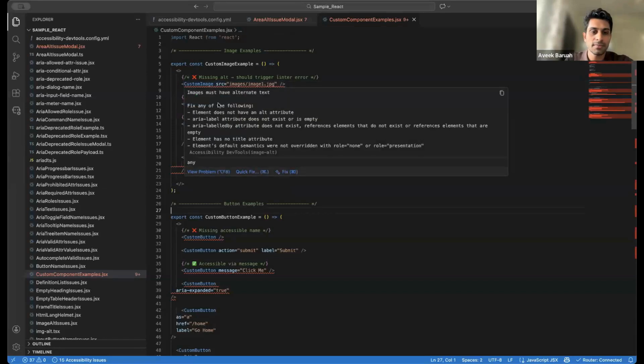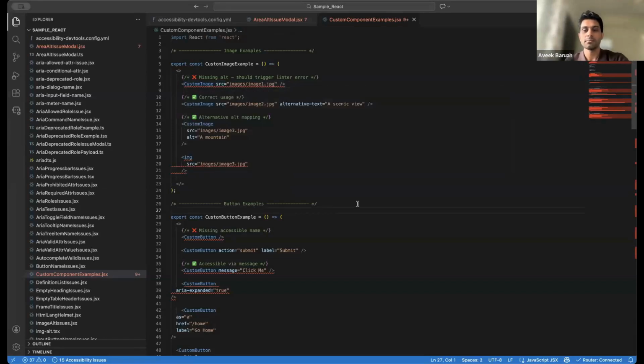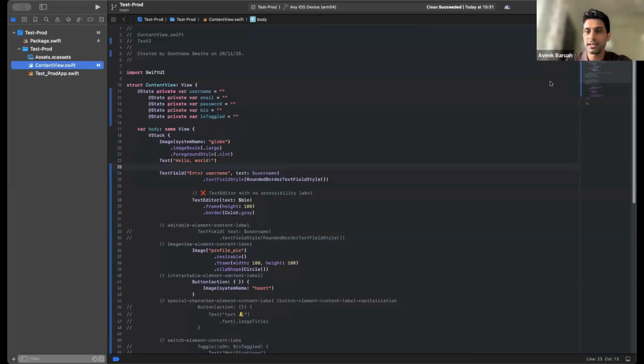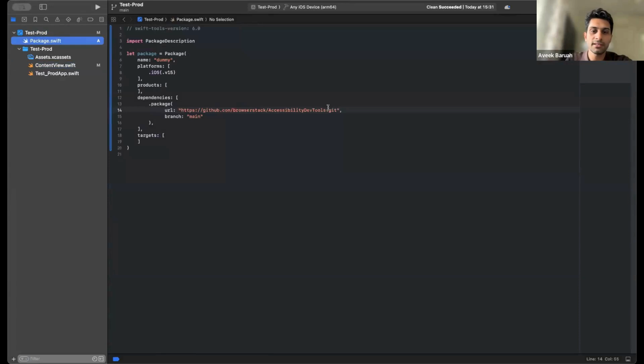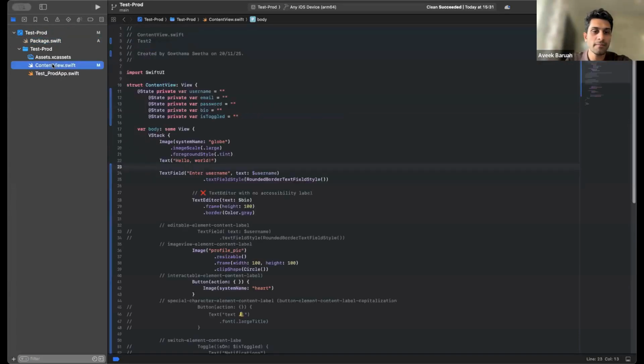So this is how you detect issues in VS Code. Another example that I could show you is how to detect issues in Xcode. If you are, say, a native iOS developer, we are present in Xcode as well. You have to just introduce a simple script into your Xcode project. You have to introduce a dependency on accessibility dev tools from BrowserStack. And after that, anytime you build a project in Xcode,